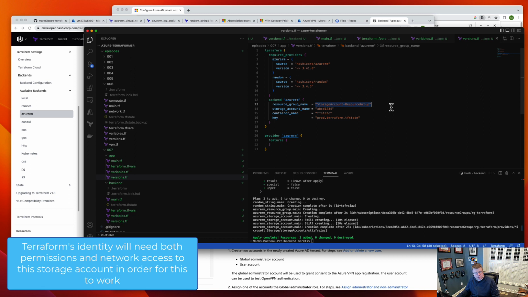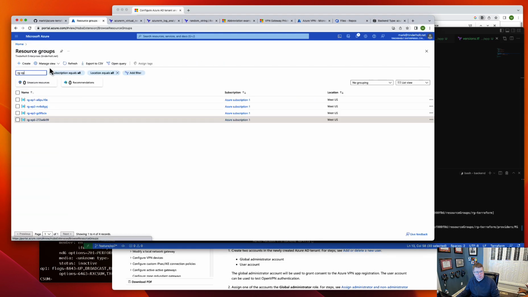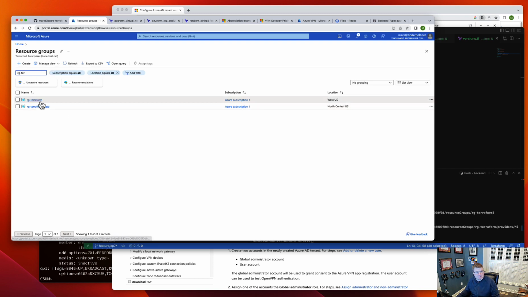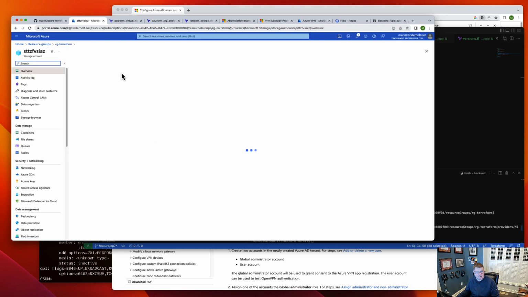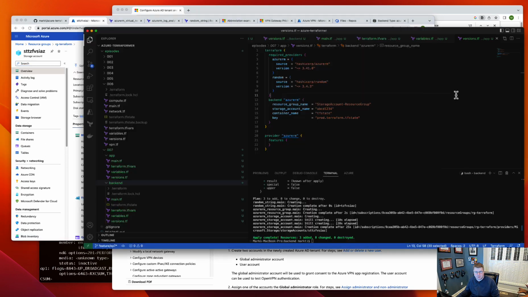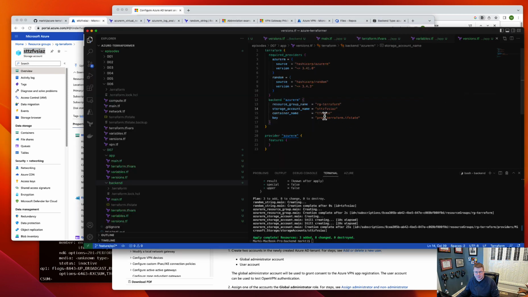So yeah, in order to get these things, I need to go look at what was this backend deployment that I just did. So if I go back to my resource groups and I do Terraform, we're going to look at this one, and we've got this storage account right here. So we got Terraform, that's the storage account name. I'm sorry, that's the resource group name. The storage account name is this nasty string here. The container,